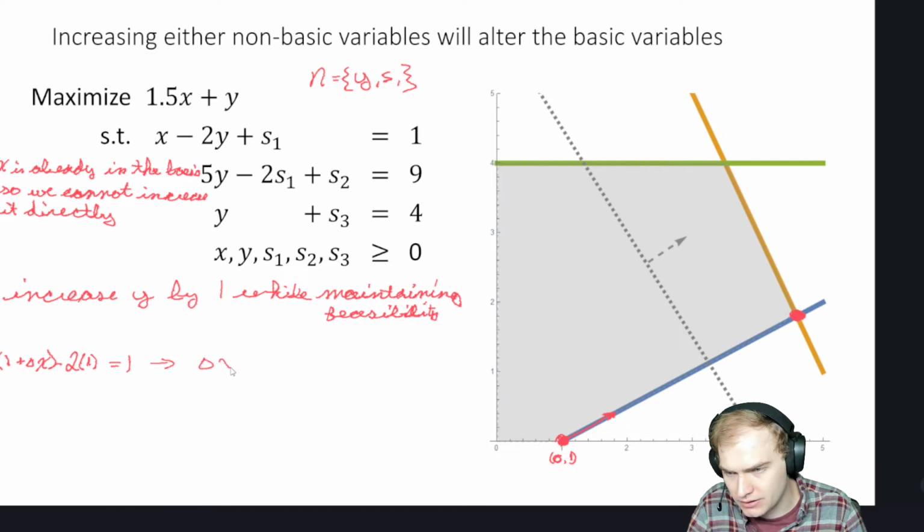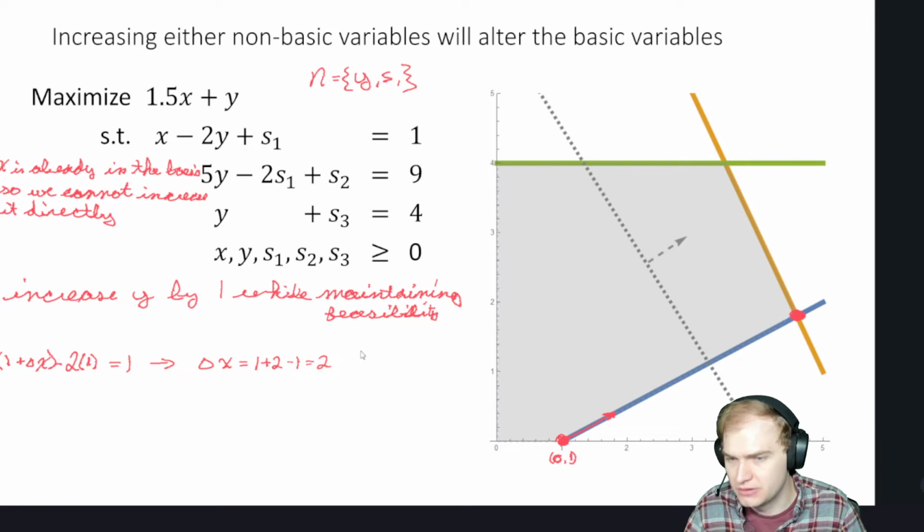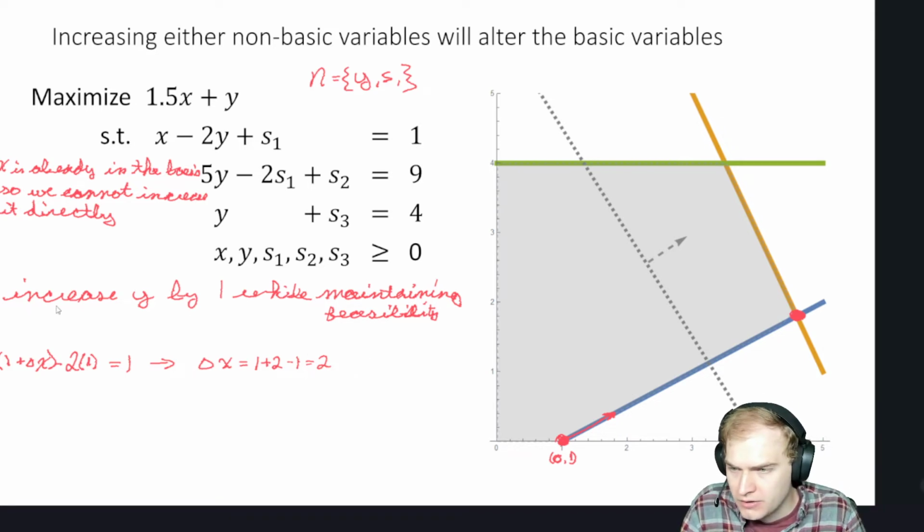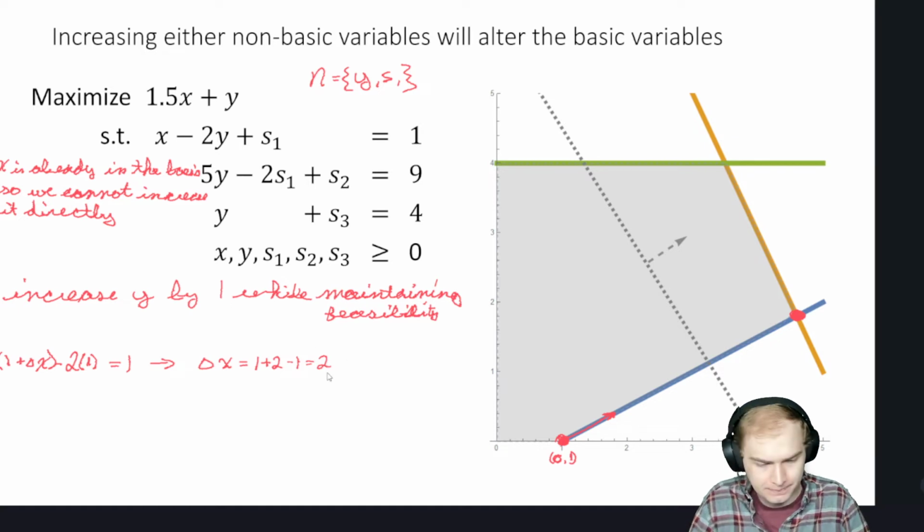It gives us actually a delta x of 1 plus 2 minus 1 is 2. So increasing y by 1 increases x by 2,